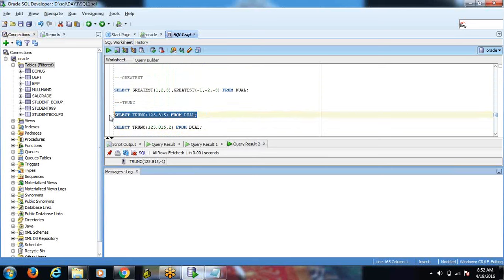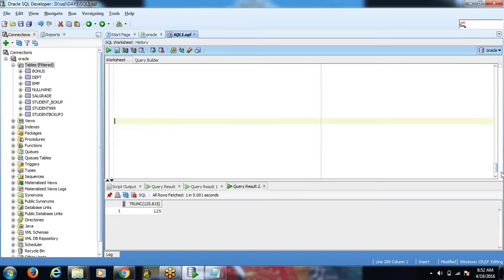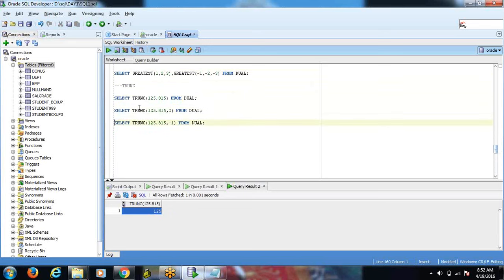Suppose I am executing this: trunk of 125.815 will return the output as 125. And minus 1 gives 0 before the point, minus 2 gives 00 before the point, and minus 3 completely returns 0.